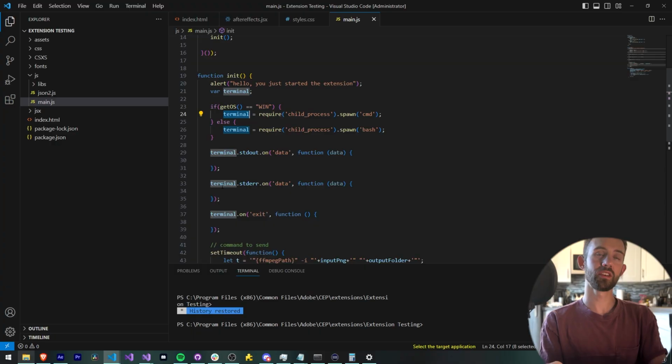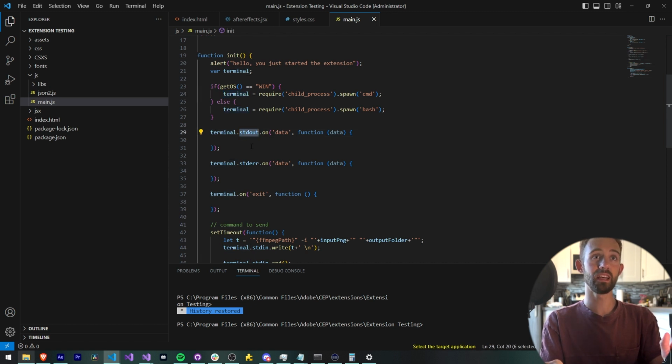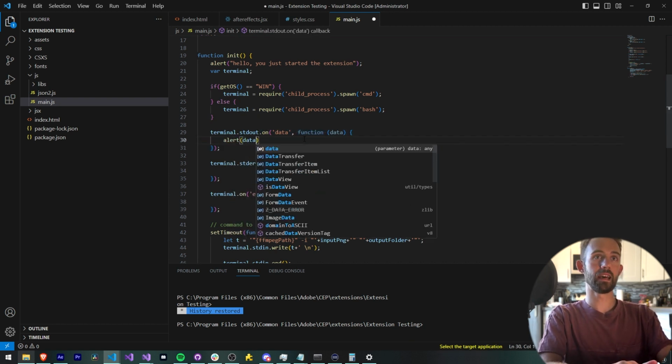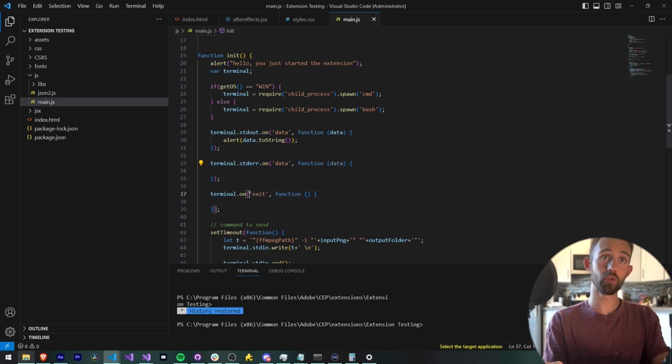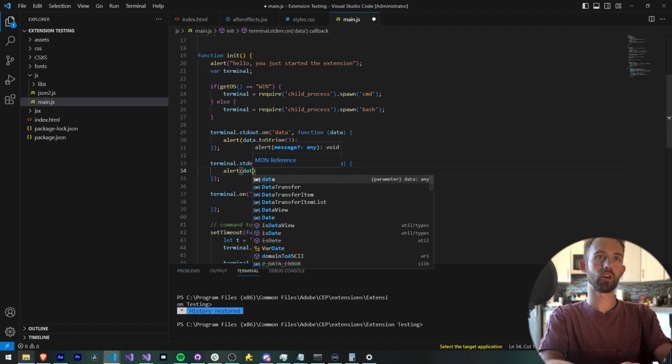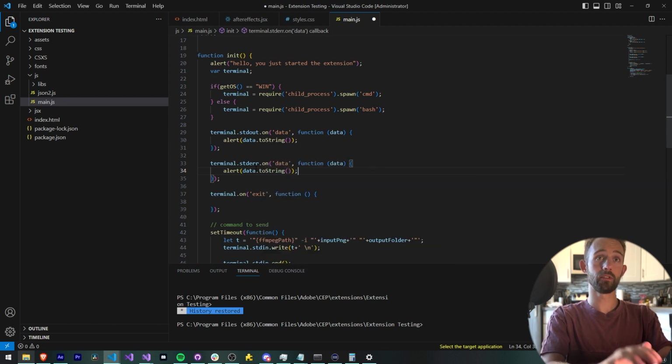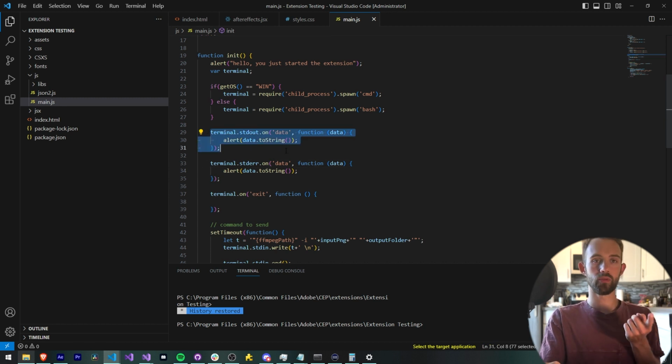Then based on just our terminal variable, which is now representative of an instance of a window running command prompt or bash or terminal, we have a few options. We can figure out when we get any output. So if it writes something to the command line, we can get that via terminal.stdout, or standard out. And then on data, we can say alert data. You can also just make sure it's toString. And then we also can get terminal.stderr, standard error. So if any errors pop up that aren't expected output, we can also alert those by saying on data, passing this anonymous function with the data variable, and it will alert the data. This will tell you what is the output for each line that it gives, what is the output for any errors it gives, and we can also say